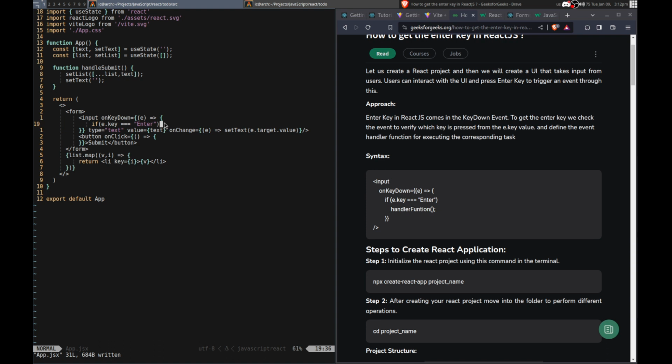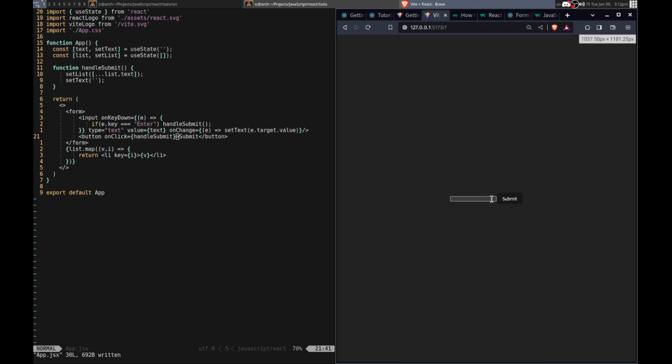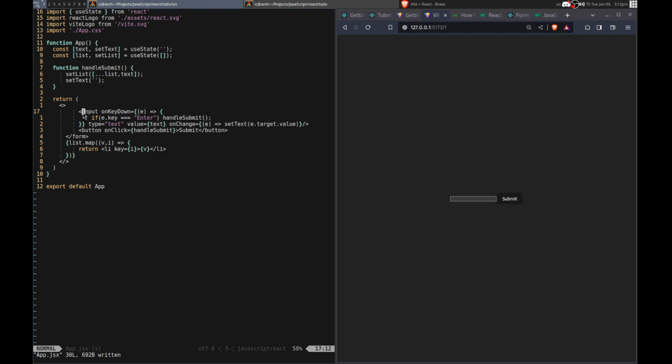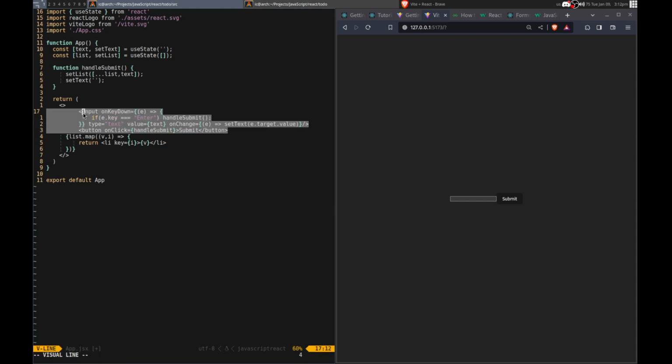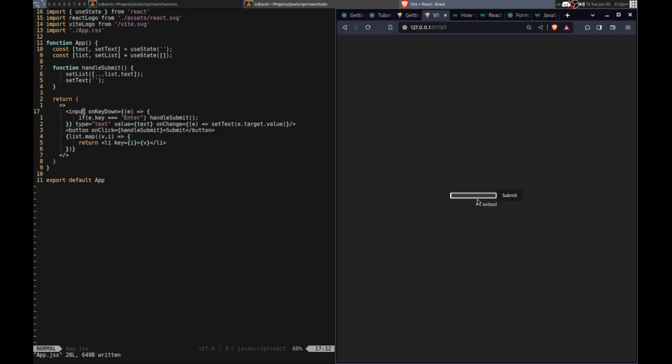Then call handleSubmit, and that closed down actually, so that's fine. And here, instead of that, I want to also submit. Alright, let's see. It probably doesn't work. Okay, but it does refresh, so I need to get rid of it before. Okay.